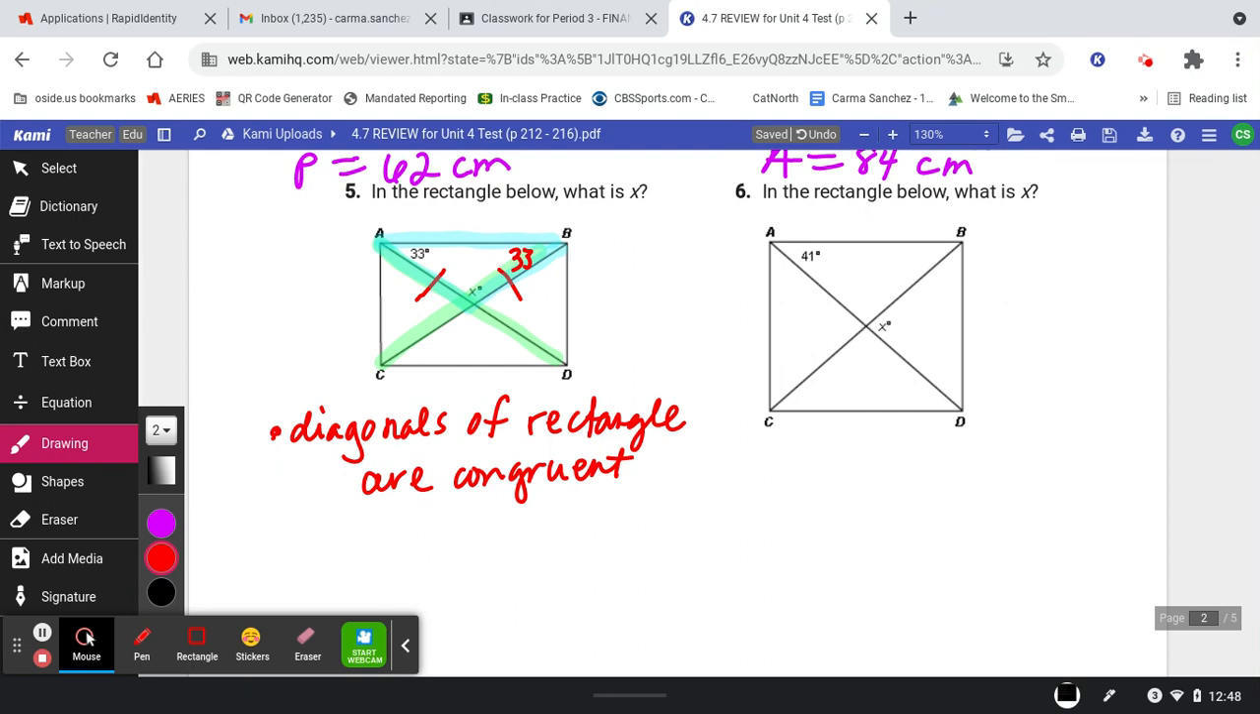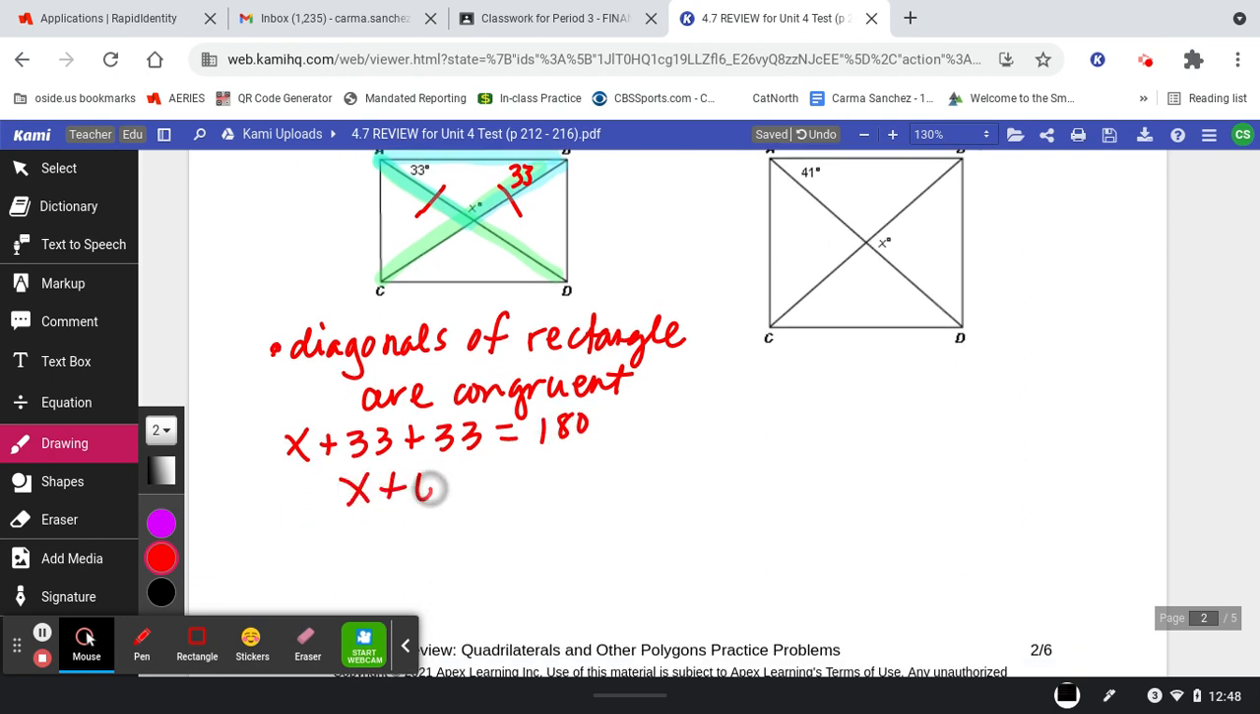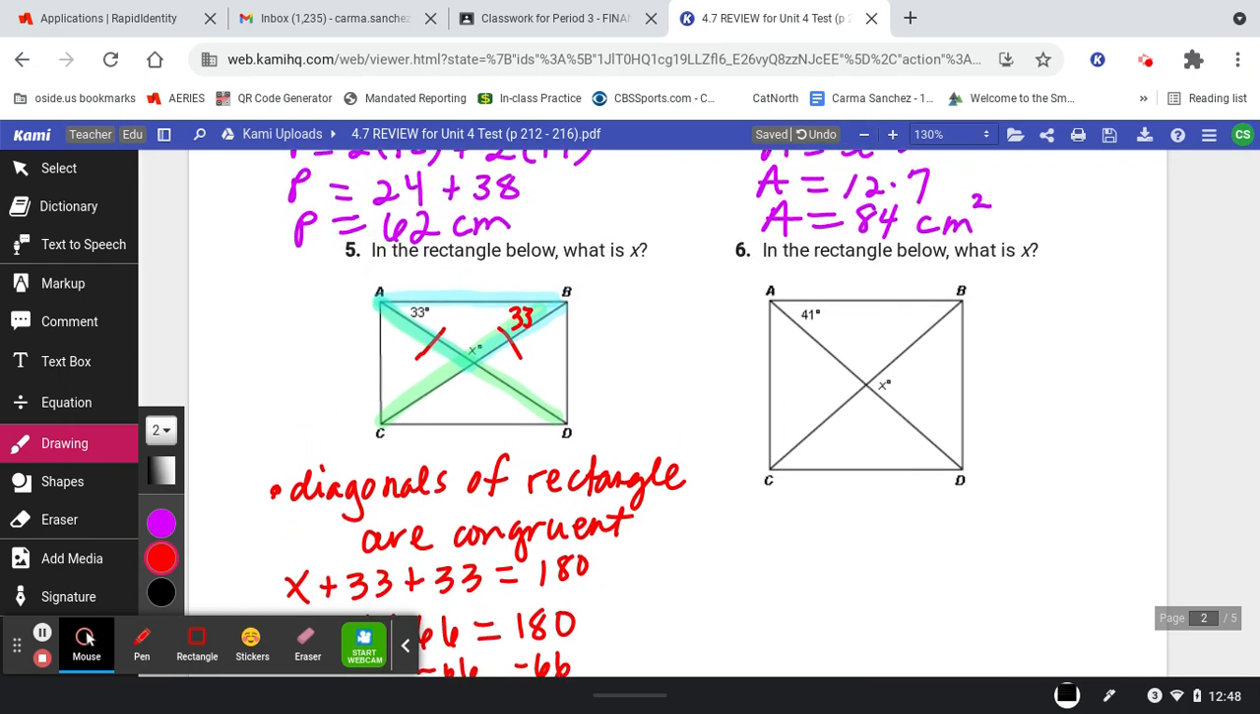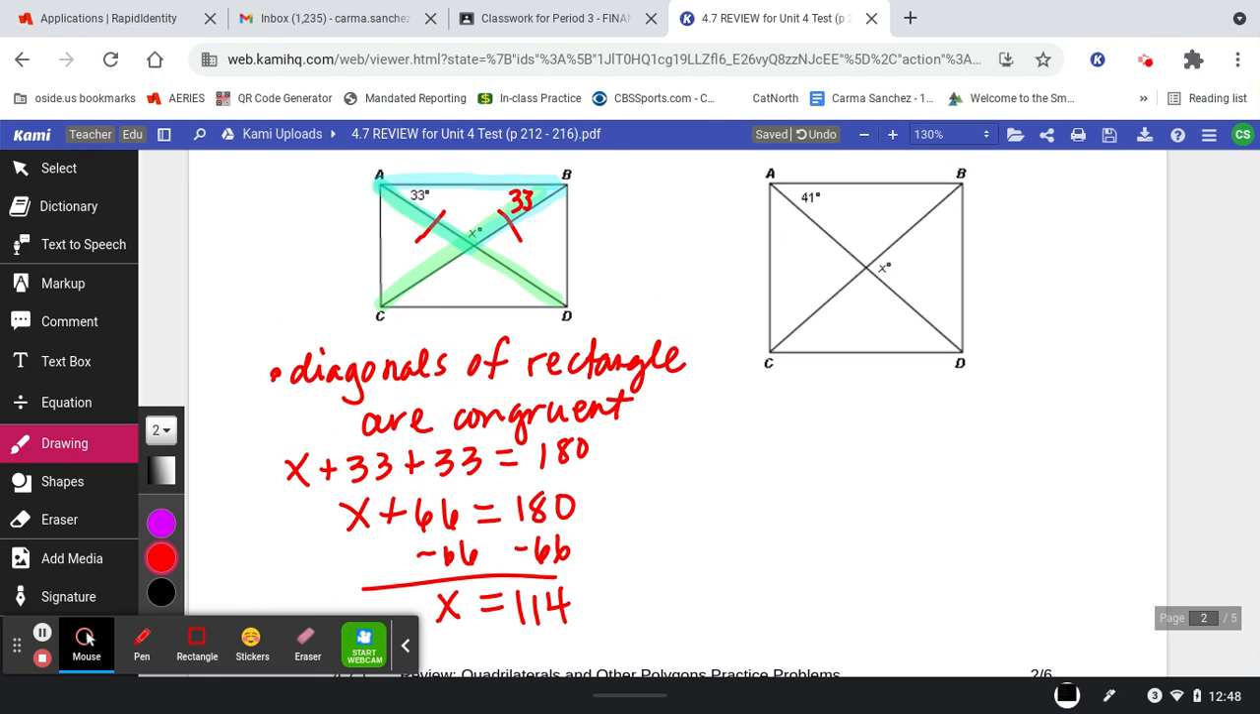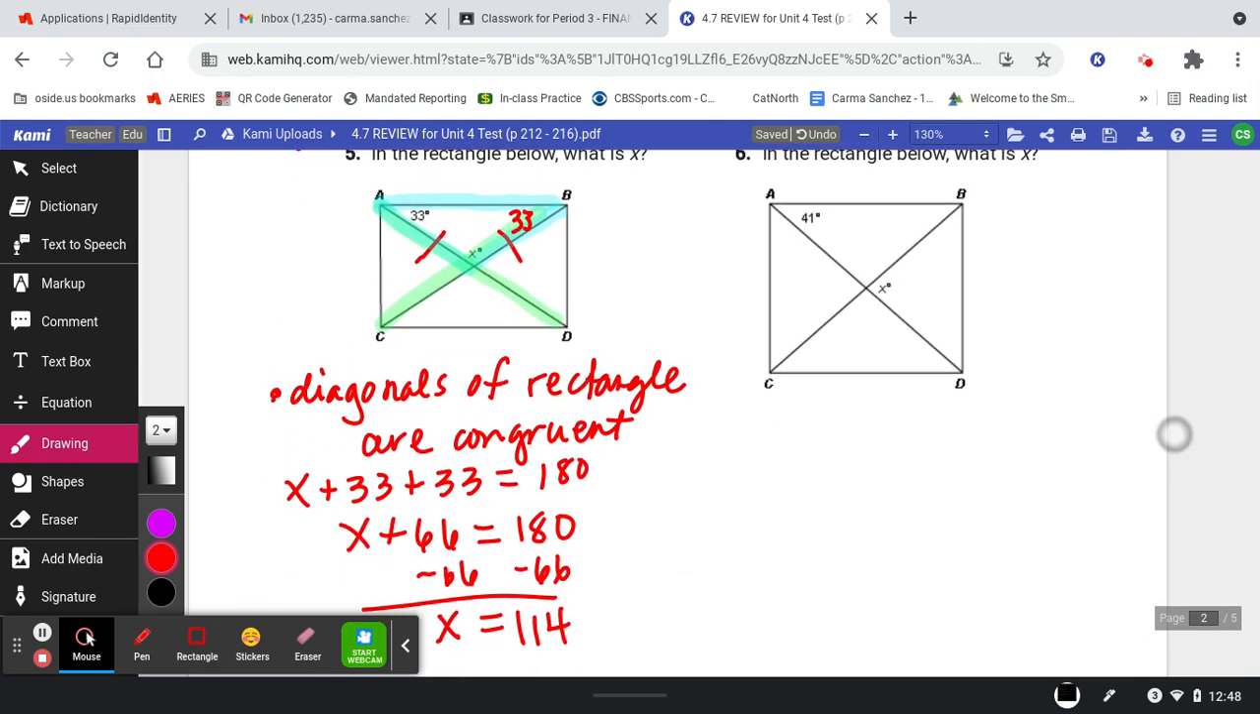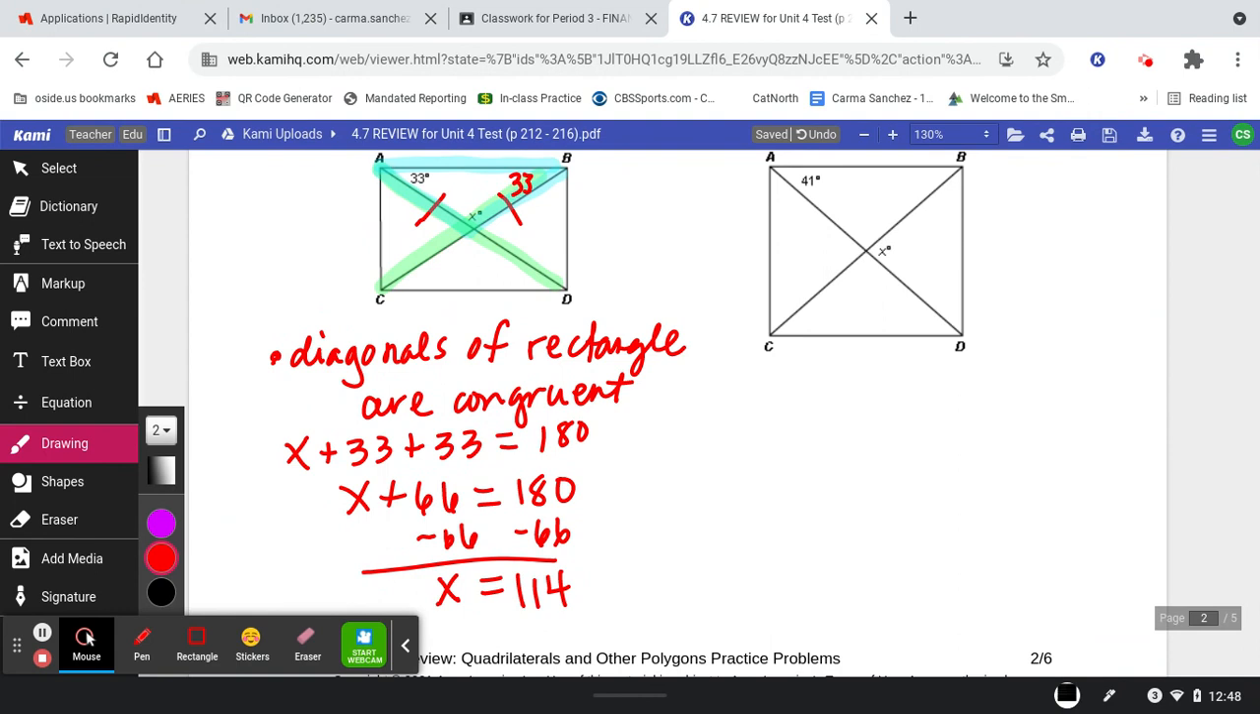So now I can set up my equation saying x plus 33 plus 33 equals 180, or x plus 66 is equal to 180. So grab your calculators and subtract 66 and see what you get. And I got 114. How'd you do? All right, in this next one, what is x? So a couple ways you can do this, but when I look at this, again, I see that 41 and that 41 over here,